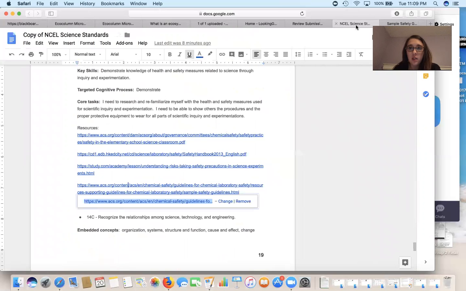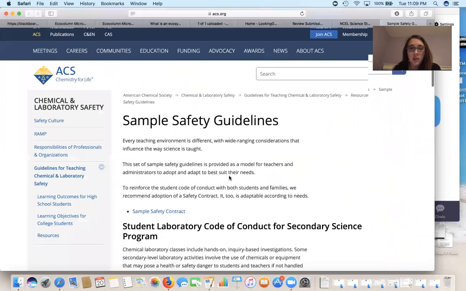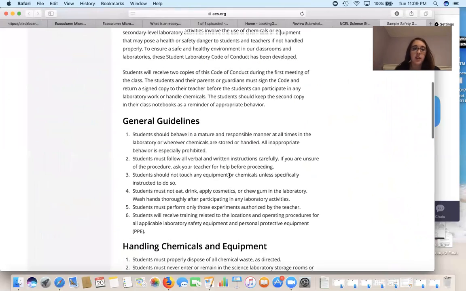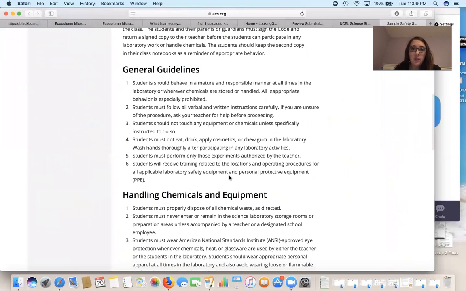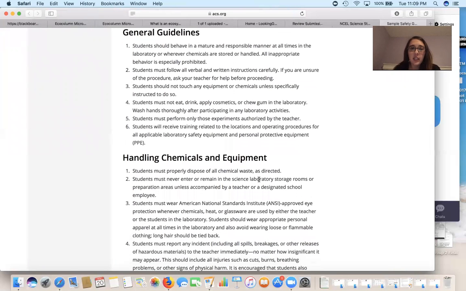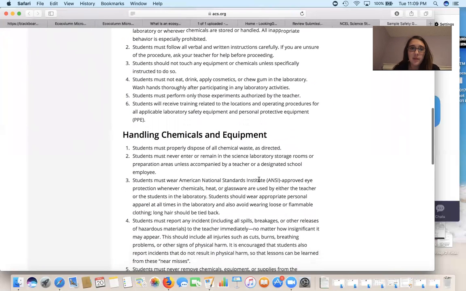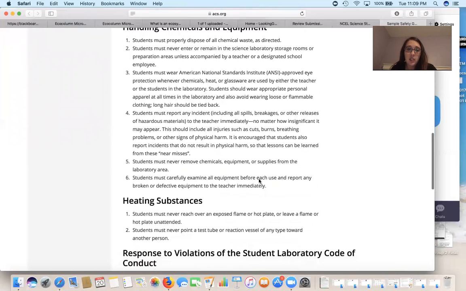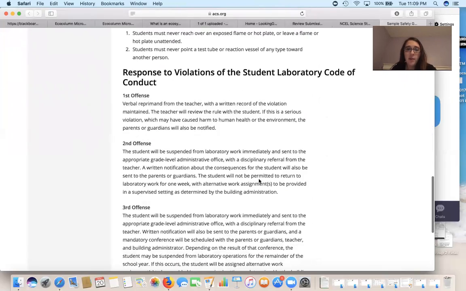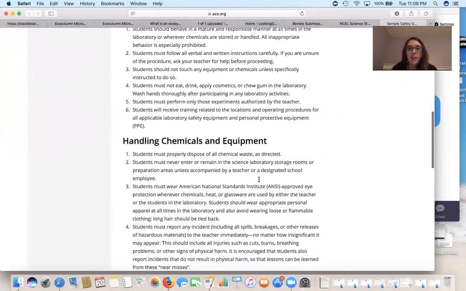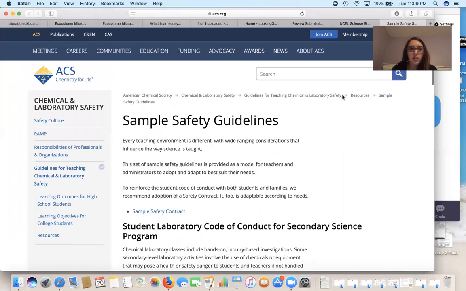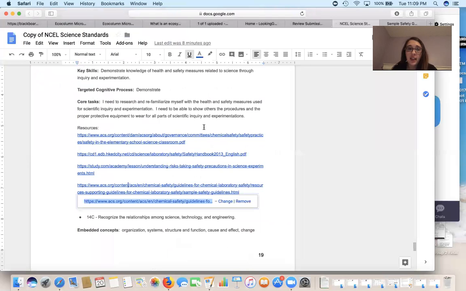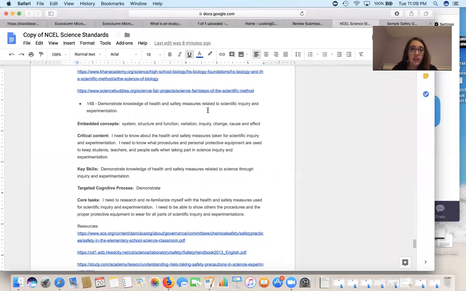And this one's some more safety guidelines. You want them to behave maturely, not running. Must not eat or drink in the lab. This would be like if you had a laboratory for your student. So these are great resources for you to look through to help your students stay safe and healthy during any